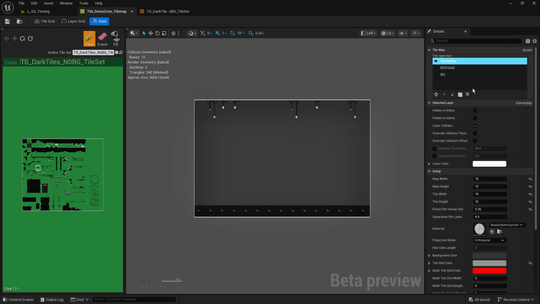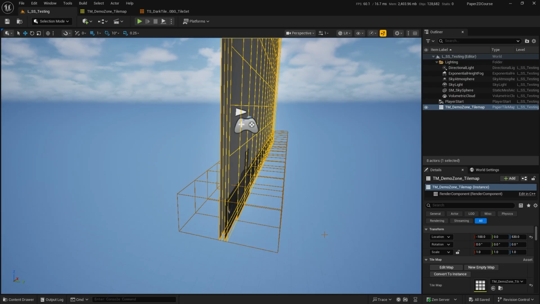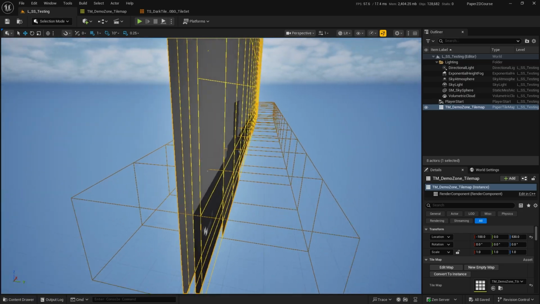What about if I added another layer above this one? And this one was going to be, let's go with foreground. So I'm just going to rename this one. We'll go with FG for foreground. And what have I got here? Well, I've got these rocky bits. Yeah, I can take these rocks and I can put some of those into my level. And maybe a couple of these over there. I can also flip these over, so I could go with the opposite way. And the reason I'm doing that is just so that you can see that that has now added these foreground